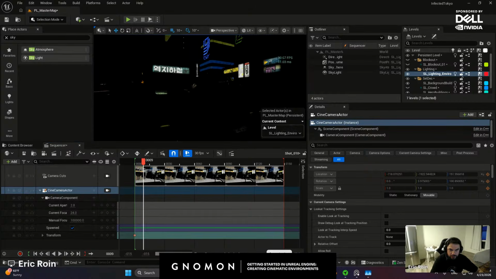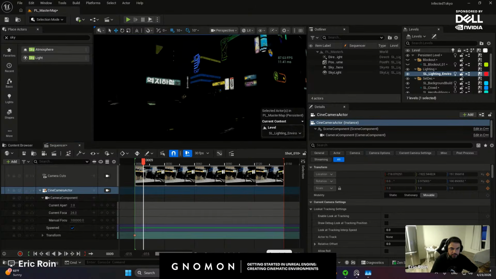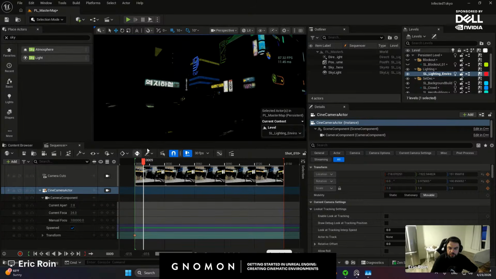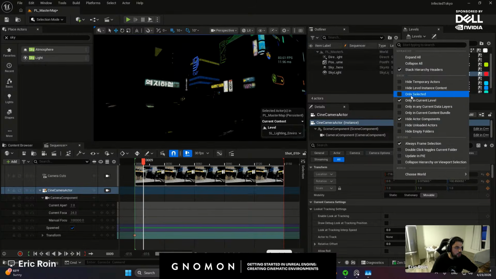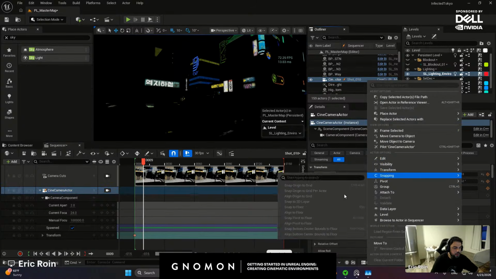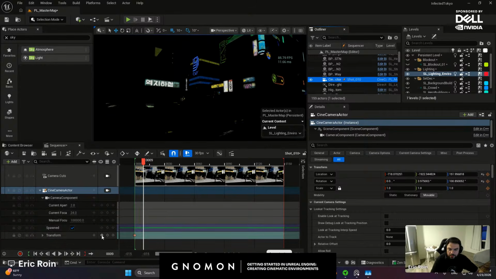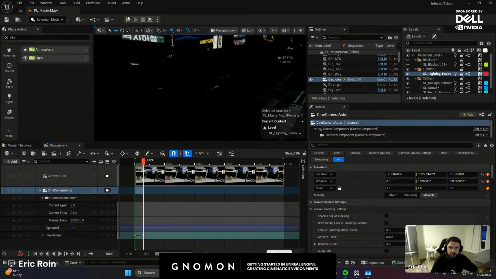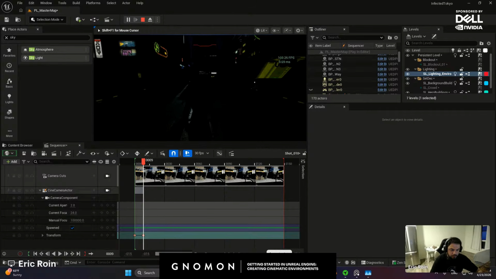Now that I'm looking at this, I really like this camera angle here, especially with the dark lighting. Again, notice how my decisions are always changing depending on what kind of lighting scenario I'm looking at. So I'm going to go inside of the camera and let's unlock it. We can go back here, select our camera actor, right click and unlock it. And let's set up a new point, maybe somewhere here. We can see how that looks later. I'm also going to press play and just roughly see how that's looking.